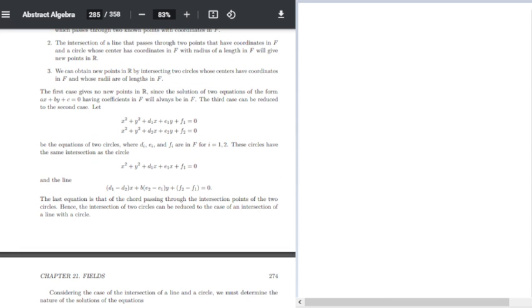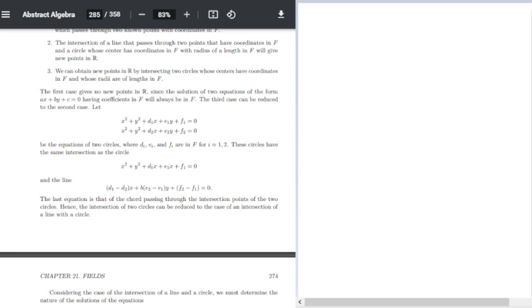The first case gives no new points in R squared, since the solution of 2 equations of the form ax plus by plus c equals 0 having coefficients in F will always be in F. The third case can be reduced to the second case. Let x squared plus y squared plus d1x plus e1y plus f1 equals 0, and x squared plus y squared plus d2x plus e2y plus f2 equals 0